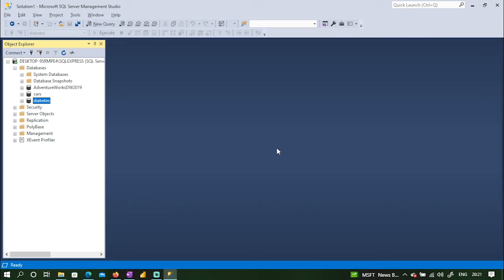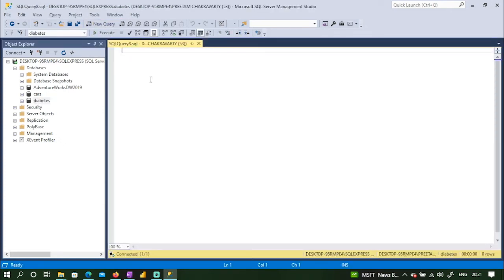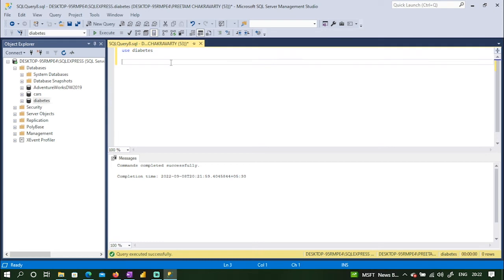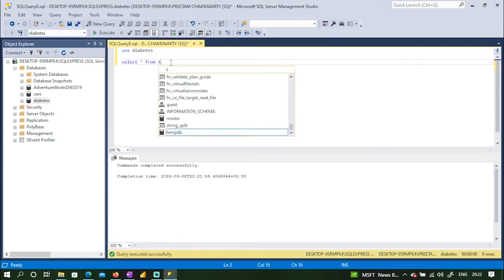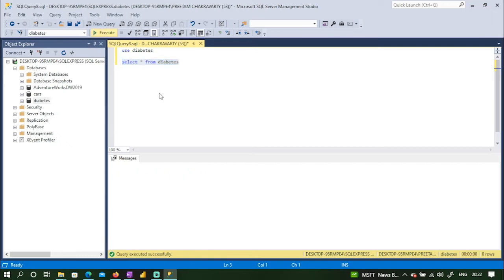So I have opened Microsoft SQL Server Management Studio. Now I'll open the new query console workspace where we write SQL queries. I'll be using the diabetes database, and I'll try to execute it, and after that let's check out first the diabetes table which is in the diabetes database. So if I try to execute it,